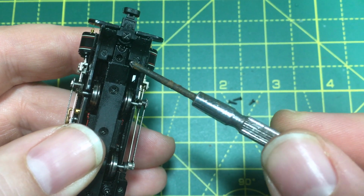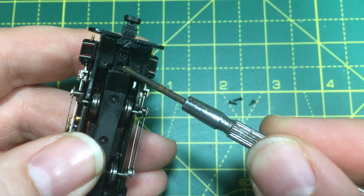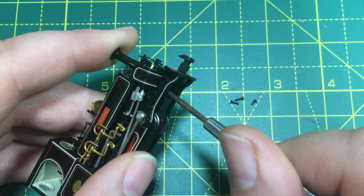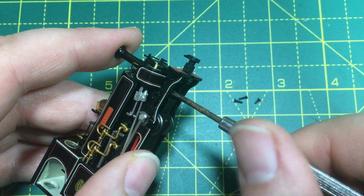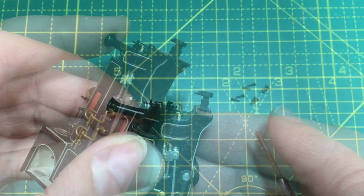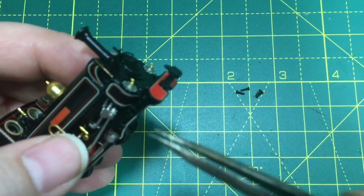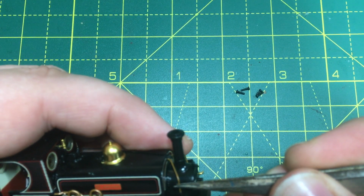The next screw that we're looking for is that one just there at the tip of the screwdriver. Again, that's the only one that we need to undo. Leave any other screws that you see where they are, as they will be for holding in detail. Once we've done that, it really is quite simple. Wiggle the body free, and you may find that a pair of tweezers is helpful just to pull out